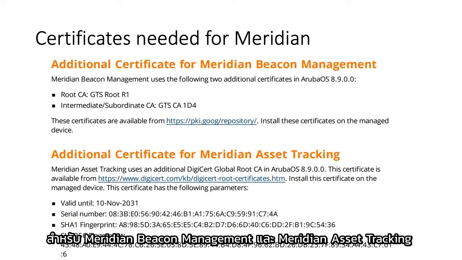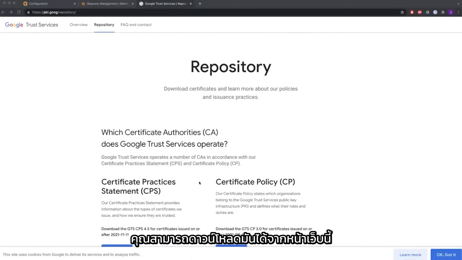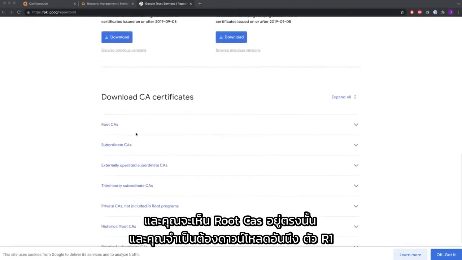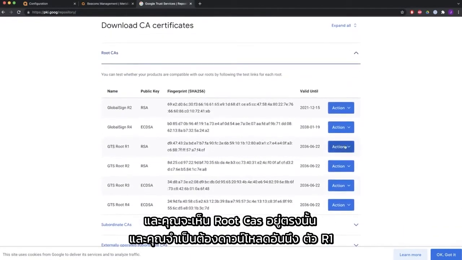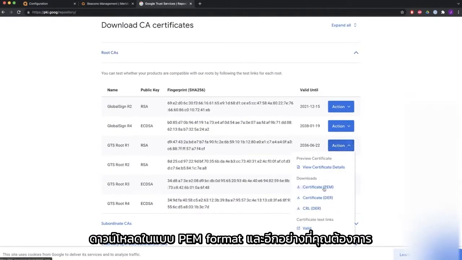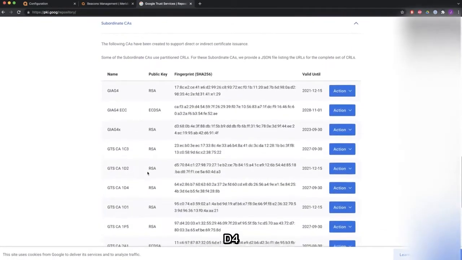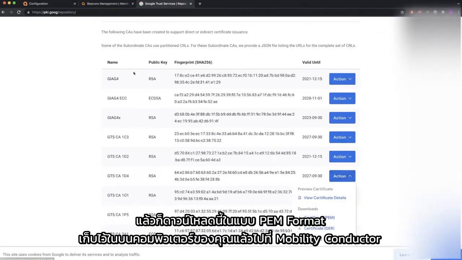For Meridian beacon management and Meridian asset tracking, you need to install these certificates when using AOS 8.9. You can download them from this webpage over here, and you will see the root CAs over there, and you need to download one specific one, the R1 one. Download it in PEM format, and the other one that you need is this one, the D4. Also download that in PEM format, store it on your local computer,